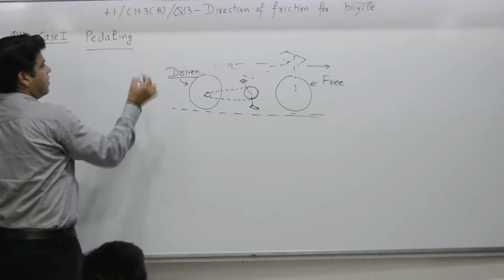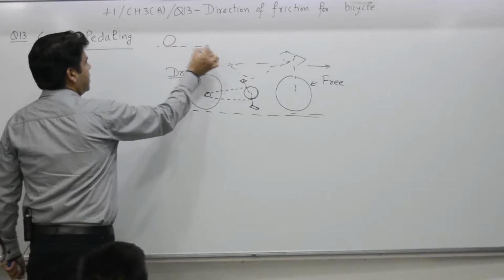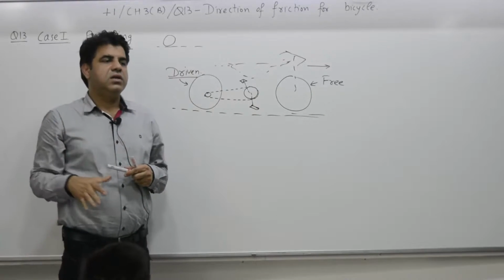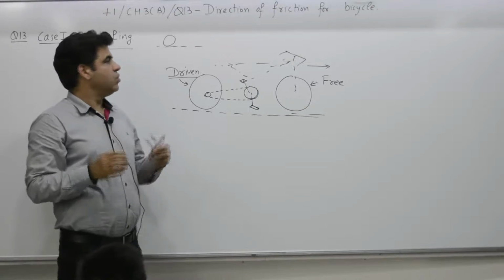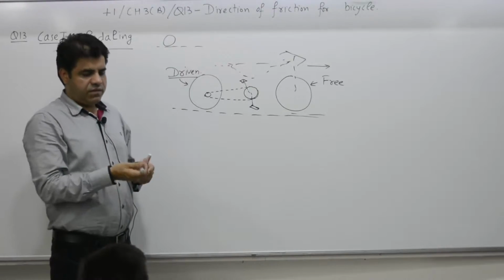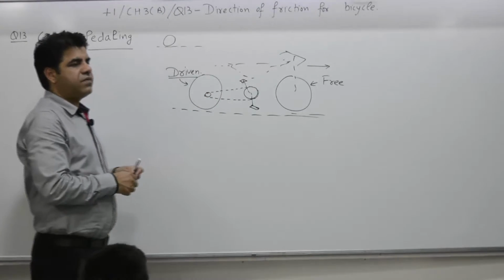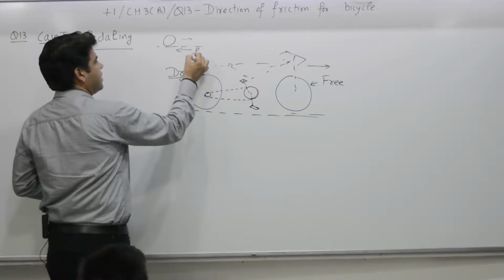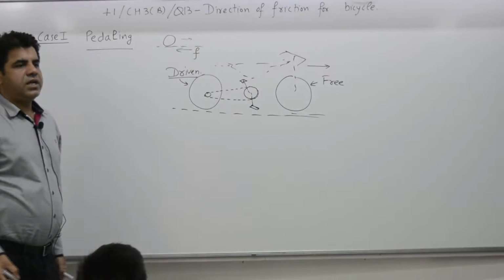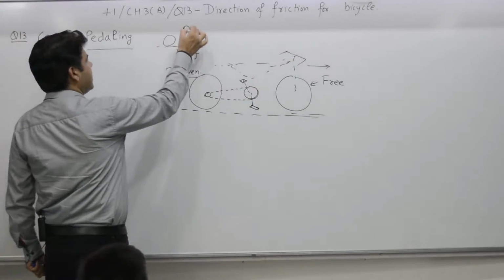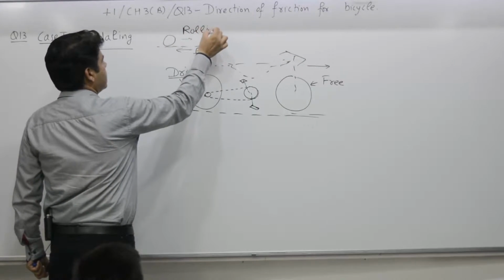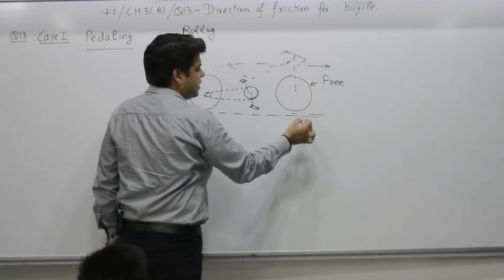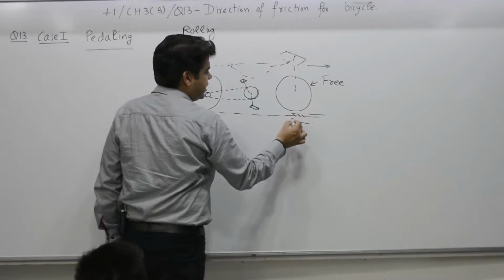If a ball is rolling, there is no engine in the ball, there is no chain connected to the ball, there is no rope, there is no belt connected with the ball. When you roll a ball, it stops after covering some distance. That is why friction for this acts in opposite direction. So, for a rolling case, free rolling, this is what the case is. So, front wheel is rolling, that is why for this case friction acts in a